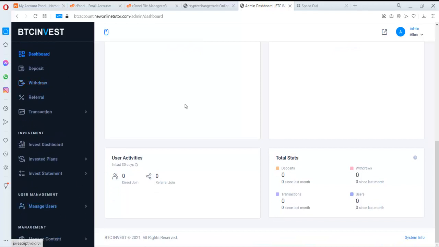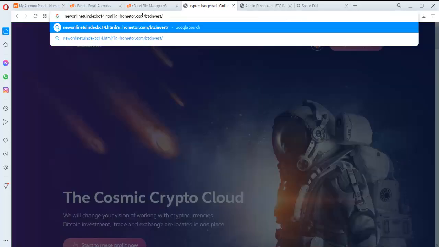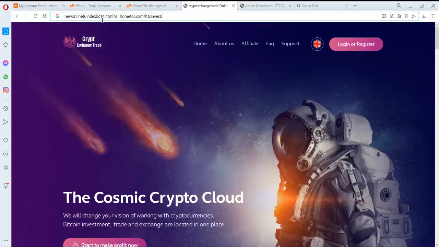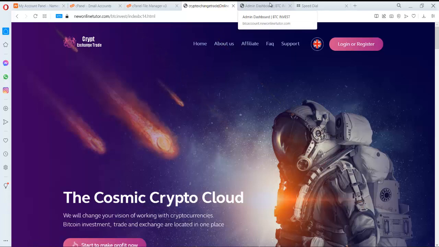Good. Right, before we continue, one next thing that we need to do, we need to go back to our main site and how to be able to what? To edit and link this domain, this host, this front end to the script. So that's what we want to do. Go to the index page. So what we need to do from here,